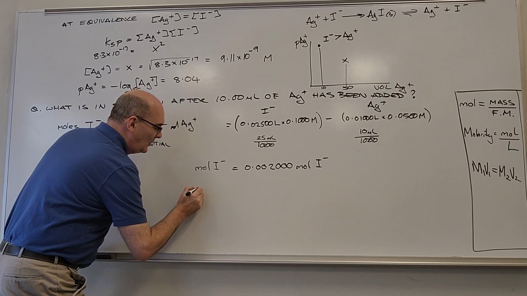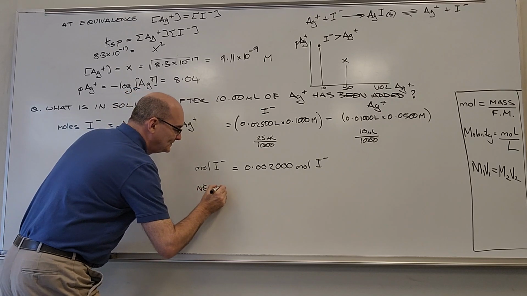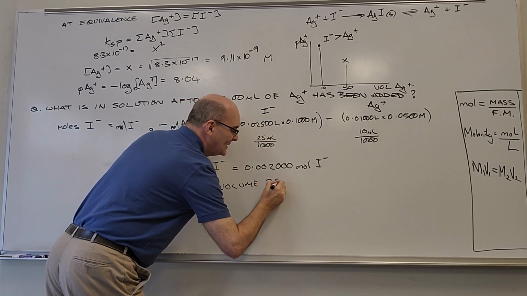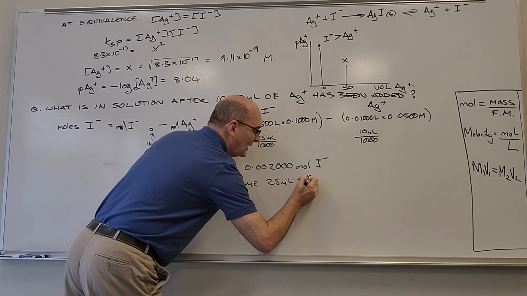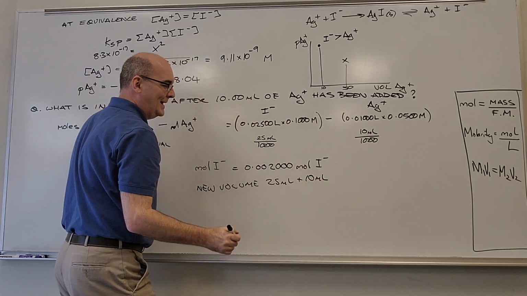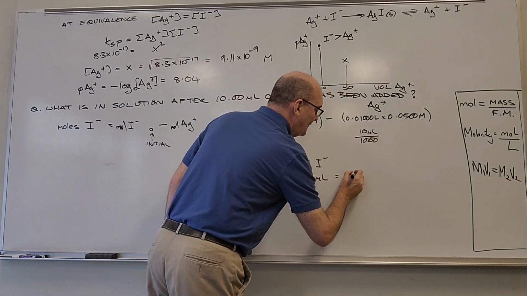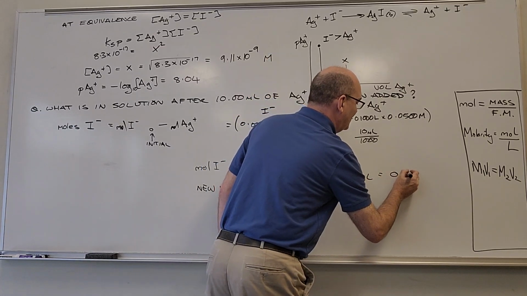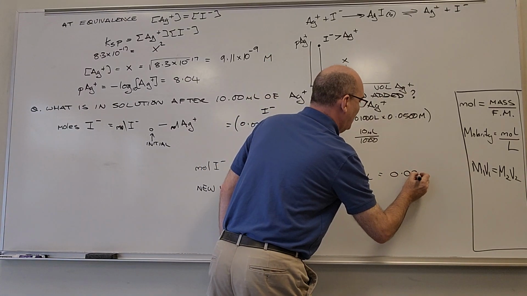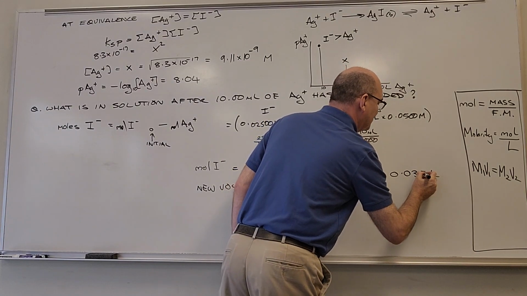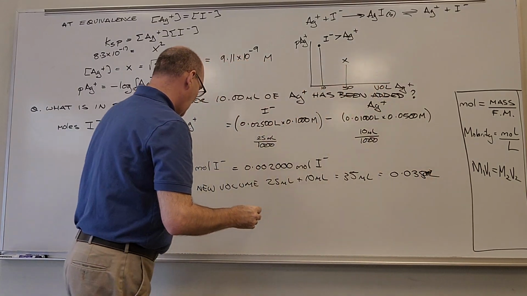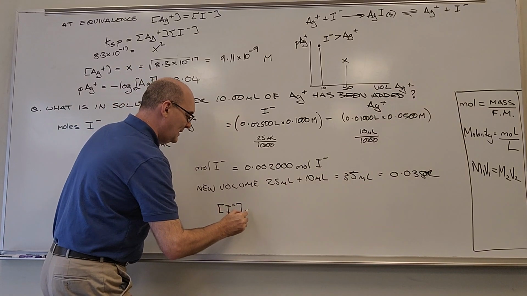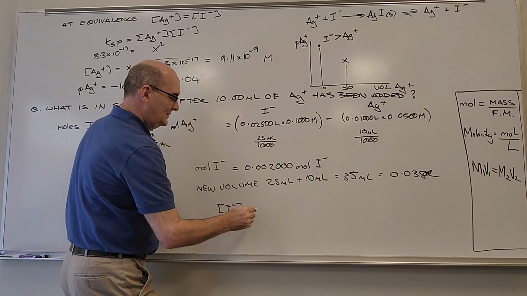Now, the new volume is the 25 milliliters that you started with plus the 10 milliliters that you added, which is 35 milliliters, which is 0.035 liters. Okay. So the concentration of iodide is